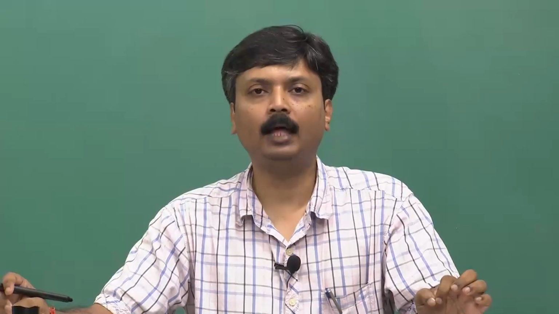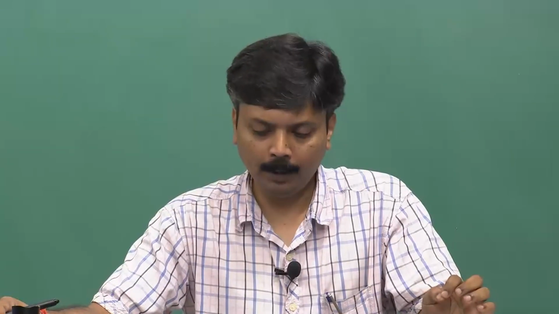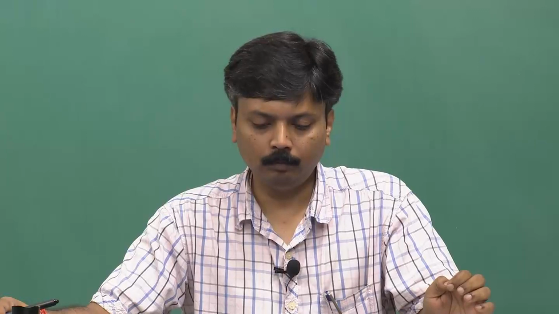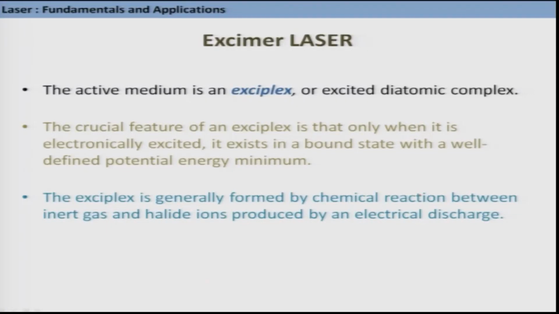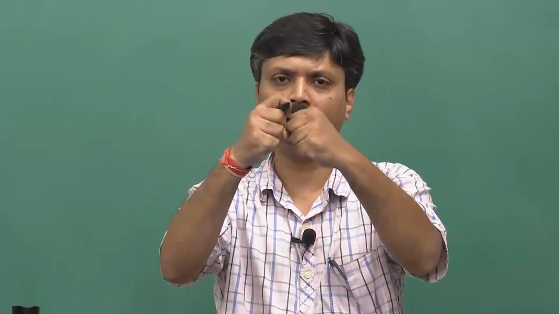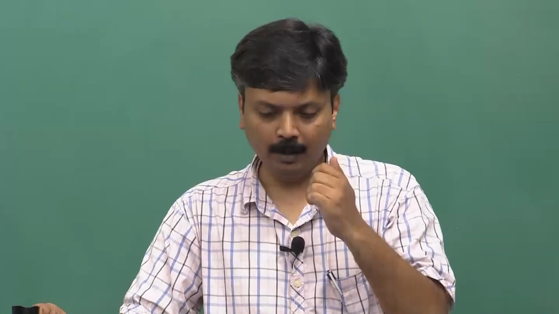And in Excimer laser, this exciplex is the active medium. Now, exciplex is an excited state complex. That means that it does not exist in ground state. So this complex is formed only when these components are excited. Then they react and form the complex. But in the ground state, they are not together. They don't have any bond between them. So if I look into the